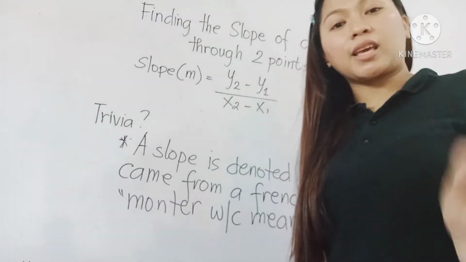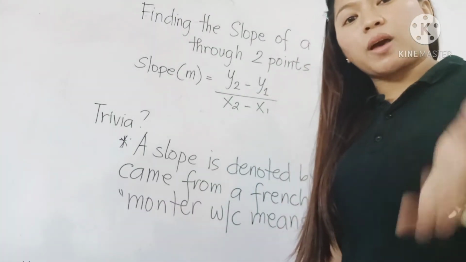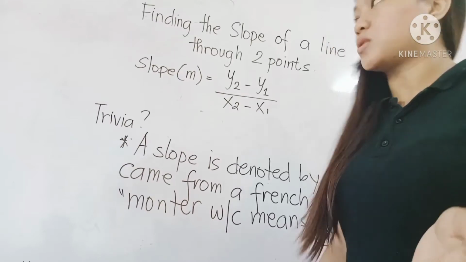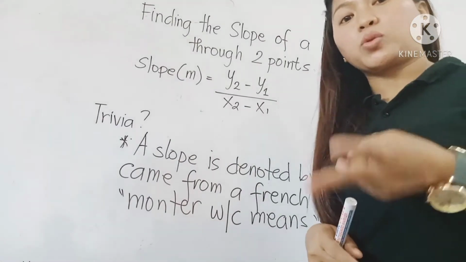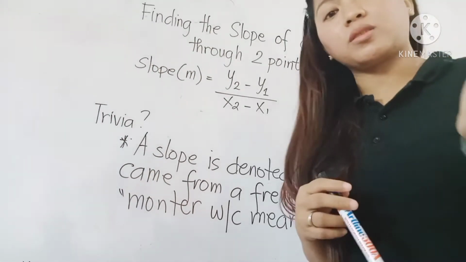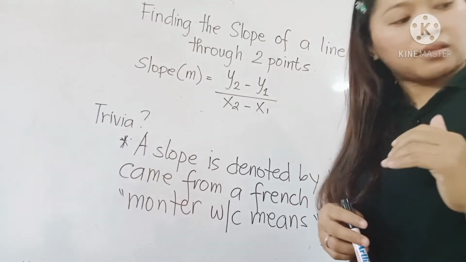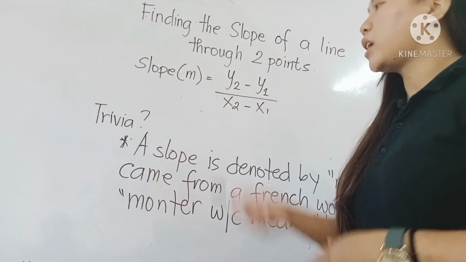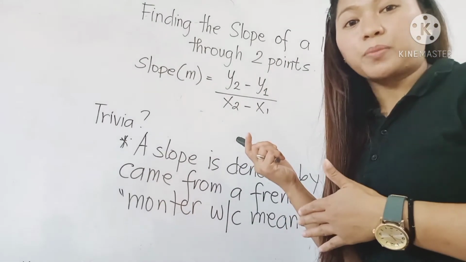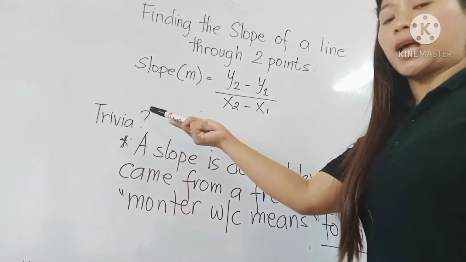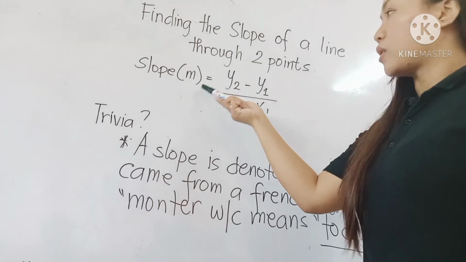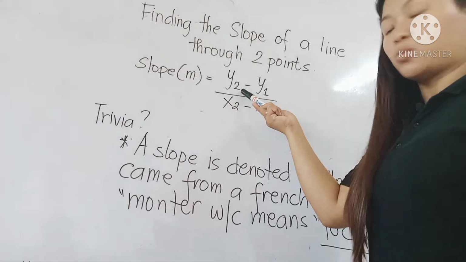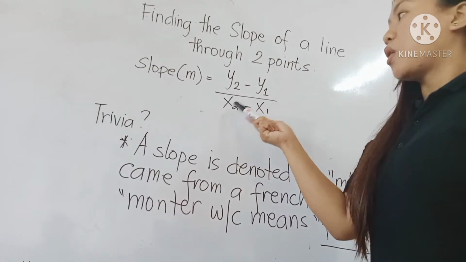So today class, as promised po, I'm going to teach you how to find the slope of a line through 2 points. No, given you 2 points. Okay, so you have to listen to me and learn. Okay, so in this lesson po, we're going to use the formula. Slope stands for M. Okay, is equal to y sub 2 minus y sub 1 all over x sub 2